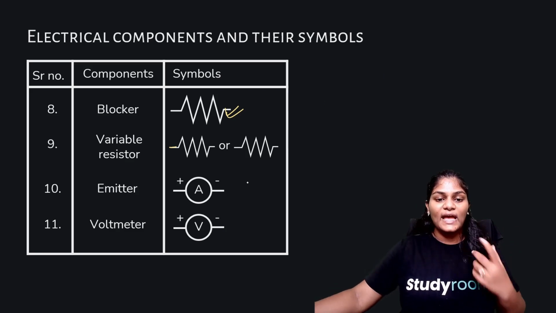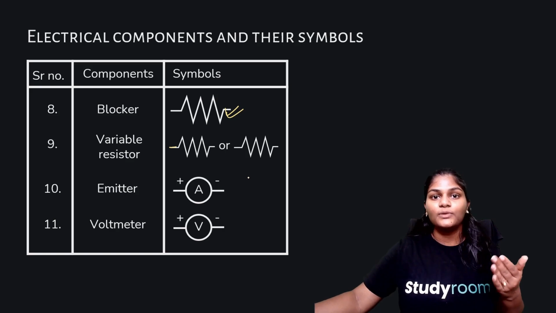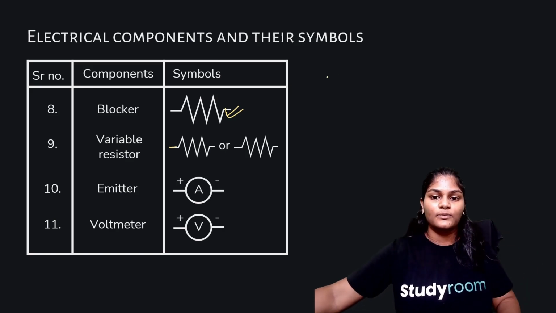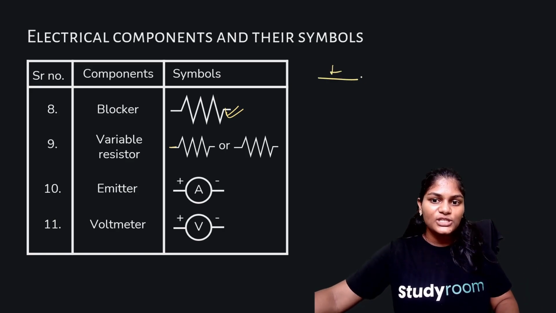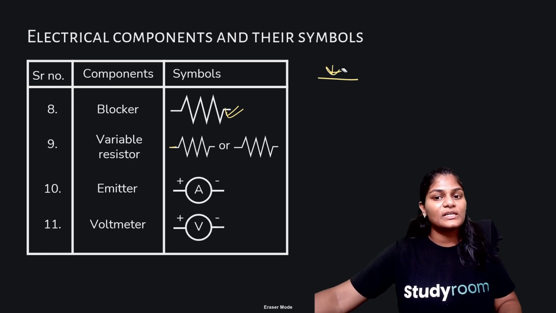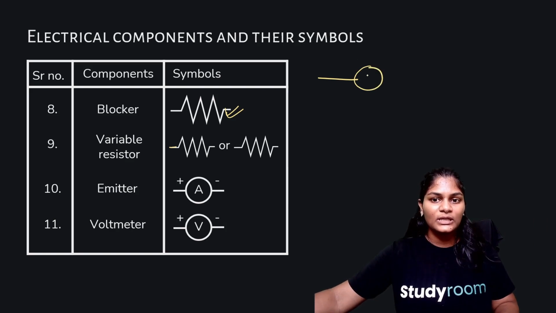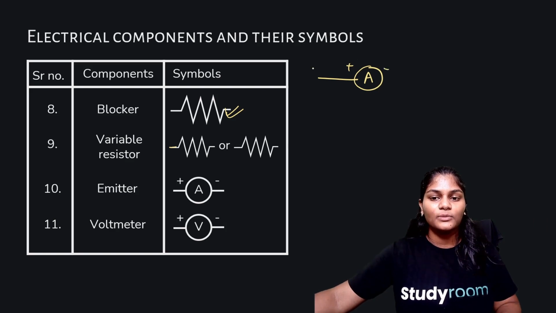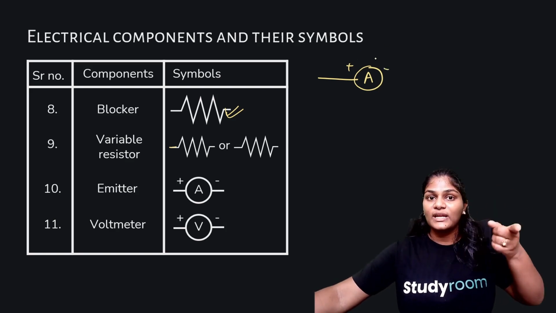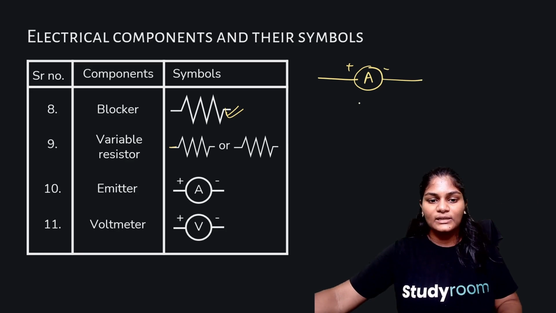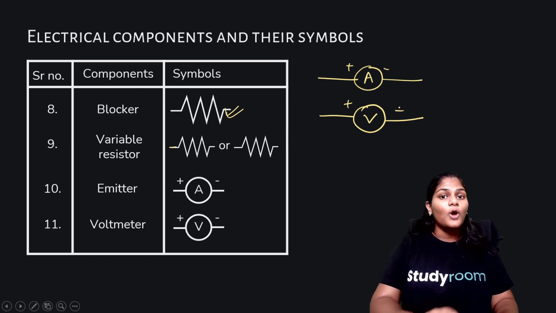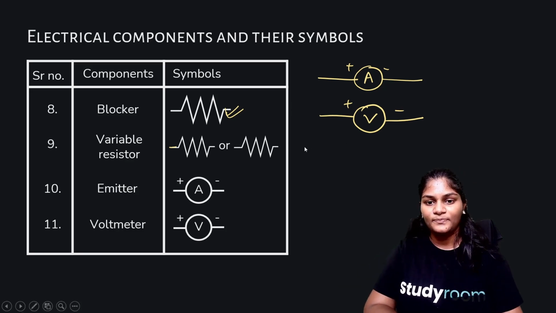Now this is an ammeter, what we studied, which is used to measure current, which is represented by, when I draw these straight lines, this basically means this is a part of a wire, okay. So it is represented in a circle because it is an ammeter, so it's A. It also has a positive and negative terminal which has to be connected to the positive and negative of the battery, and a voltmeter is represented similarly with a V, okay. So this is all about the circuit components and how they are represented, okay.